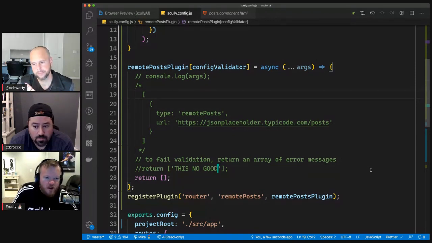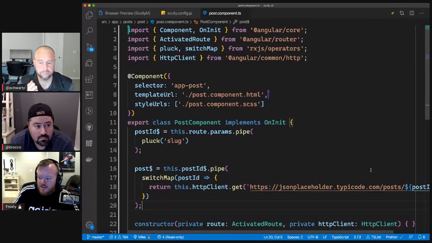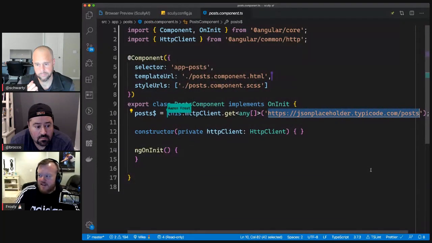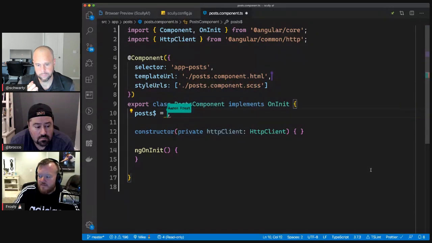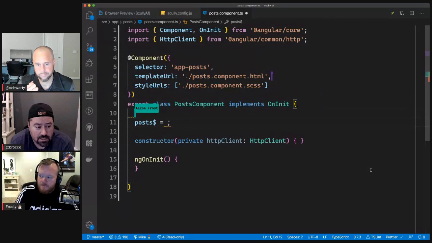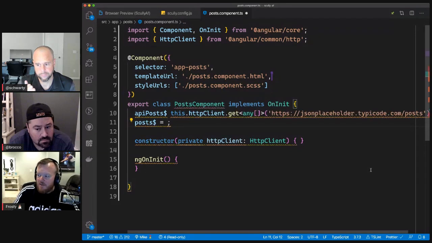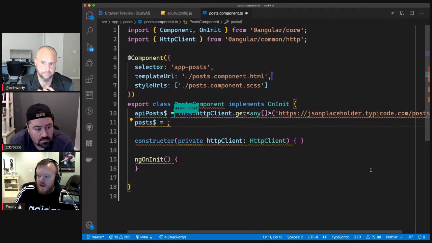Okay, so I'll kind of walk through it. Are you following me? Yep. Okay, so I'm going to open up posts.component. Right now we have this post right here. This is how we get the posts, right? Well, we did until you just deleted it. Yeah, I just deleted it. So I'm going to say API posts, and this is the post from the API. And now I'm going to say, hey,